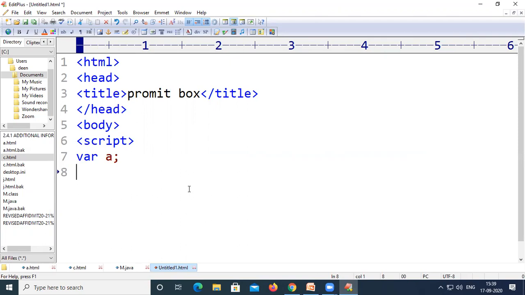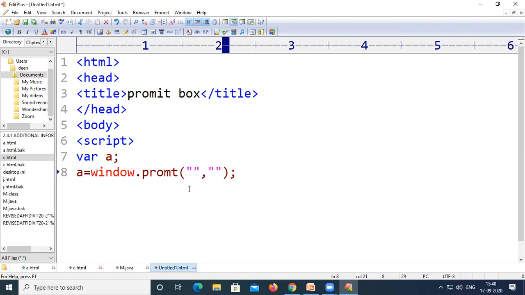Now, after using this variable, I want to use the syntax of window.prompt. The variable name here is a. I want to create a window, and the window type is prompt. So I have written window.prompt. When we want to create a window.prompt, we need to pass two strings as parameters.